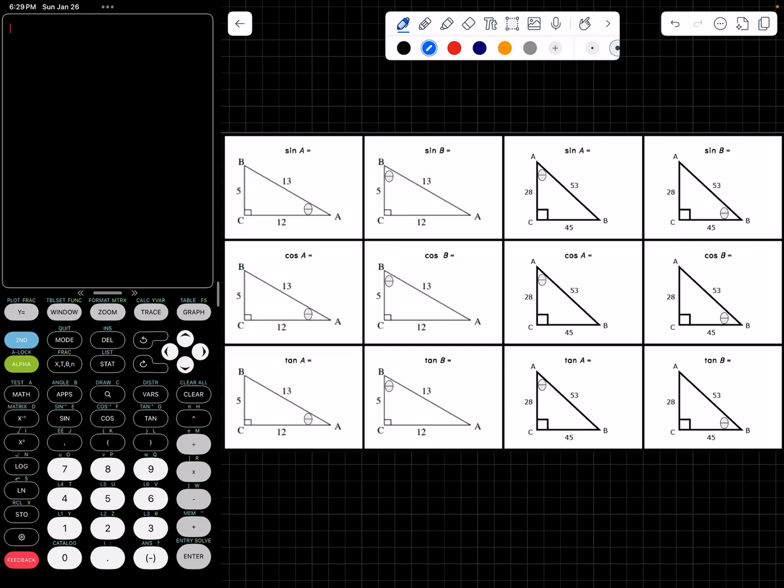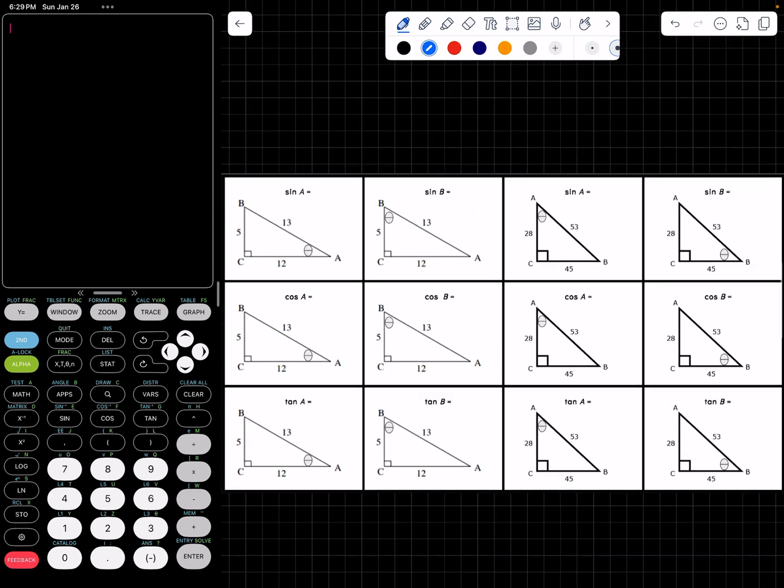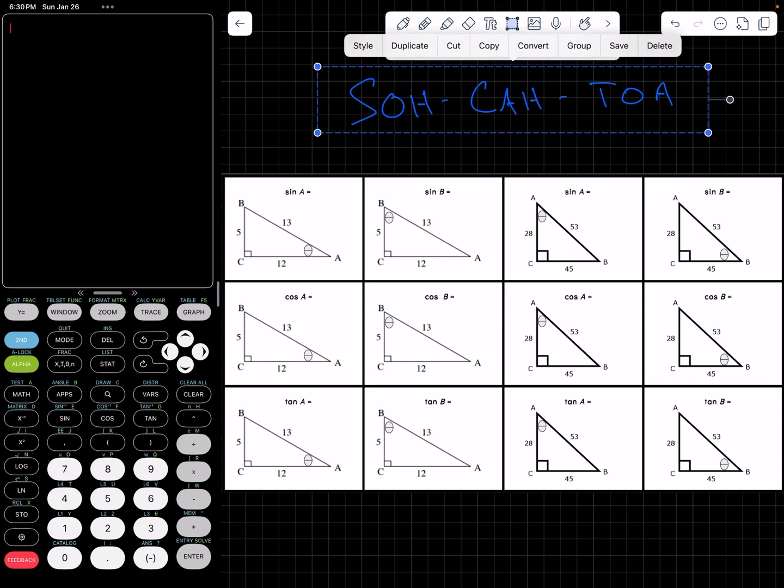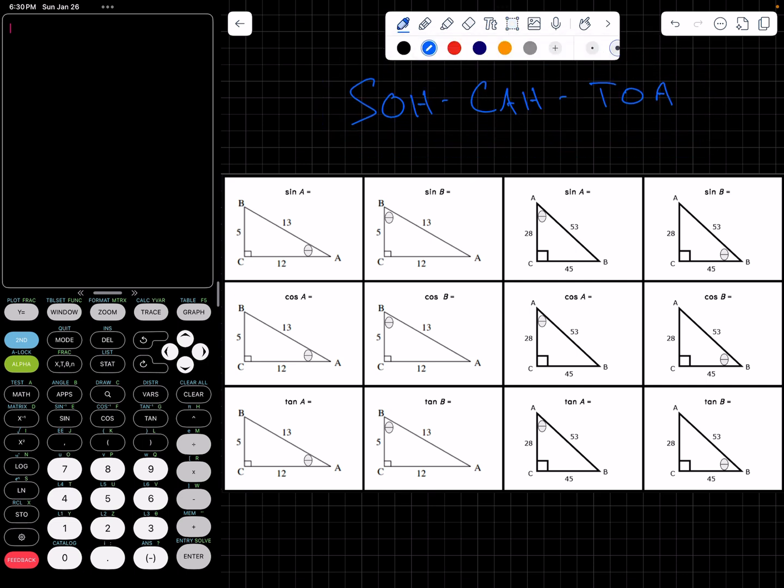So when we're writing our trig ratios, we need to know, first of all, what trig ratio we're dealing with. So again, remember, we're using SOH, CAH, and TOA, okay? And the way I like to think of it with SOHCAHTOA is when I have my sine, okay? So sine of my angle is going to equal opposite over hypotenuse. So I'll write it as